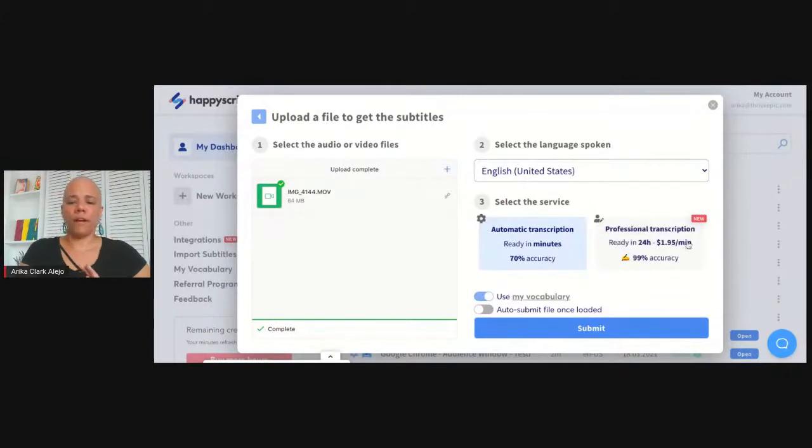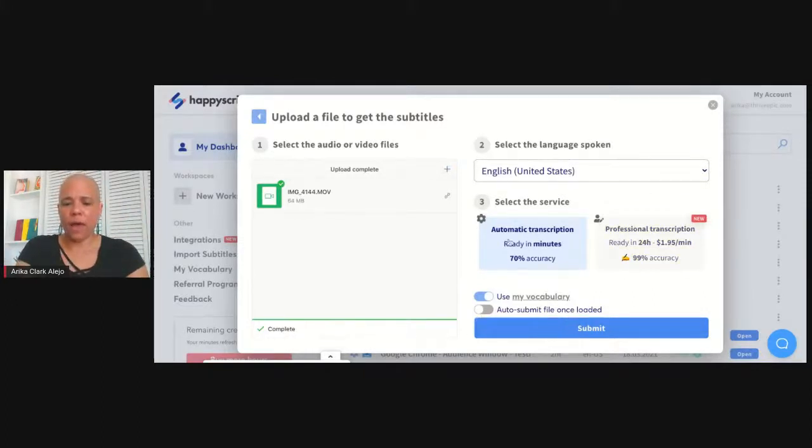The other one is professional. So if you're like, I don't have time to edit it, I don't want to do anything, I just want it done, you can pay for professional transcription. Here at Happy Scribe, it's almost $2 an hour. Rev.com is another site that I use, and I think theirs runs around $1.25 a minute. It's very similar to this.